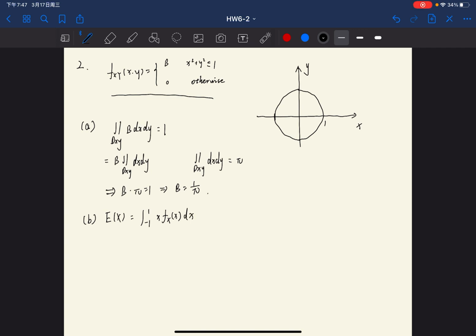And in order to calculate the expectation of x, we need to calculate the probability density function of x,